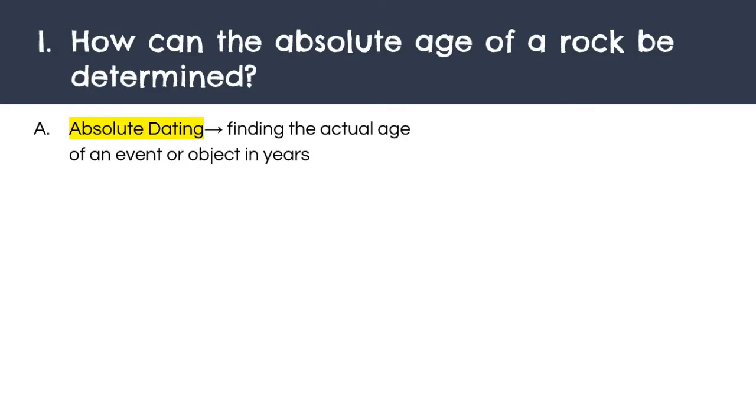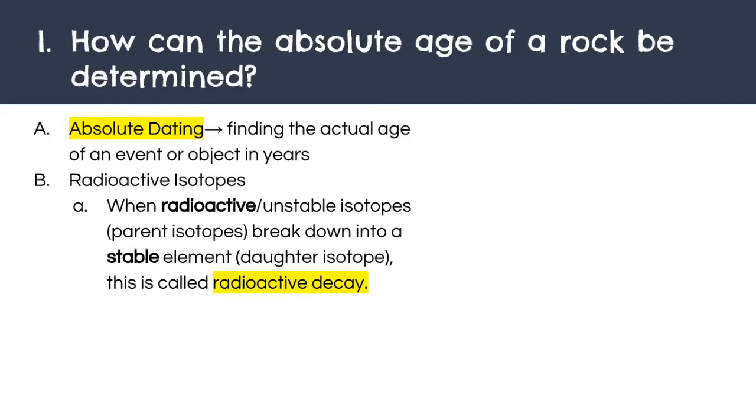So, absolute dating, like I said, is finding the actual age of an event or object in years. And the way we figure this out is by using radioactive isotopes. That sounds really confusing, but what radioactive means is that it's unstable. So when an element is radioactive, it's unstable. And these unstable elements want to be stable. So as that happens, as these radioactive elements slowly break down into stable versions of these elements, this is what